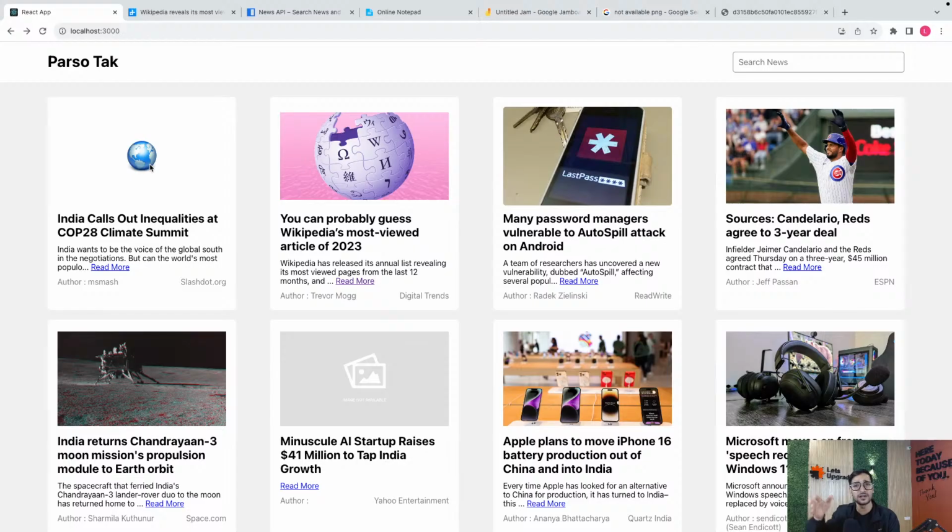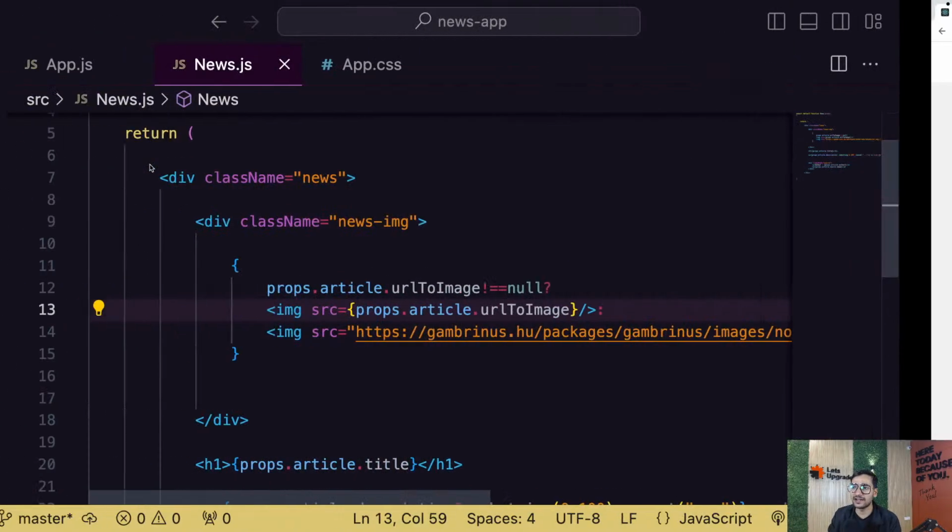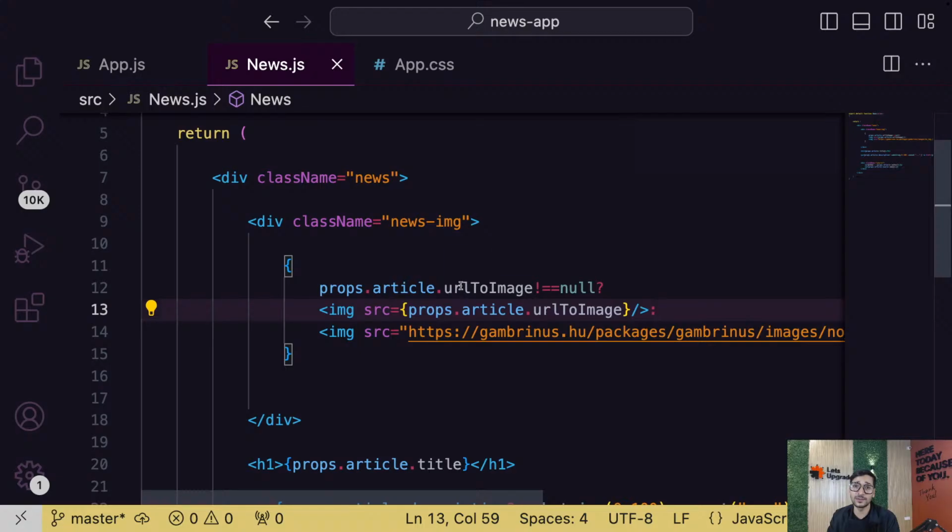You can also put it in a function, I would suggest that way. But for now, I'm saving some time and doing it a little fast. Using a simple if and else, you can solve it. If the URL to image is available, then go with that. Otherwise, simply go with that logic. But again, that background logic was good. I thought of that randomly, but I forgot about the PNG case. I didn't consider PNG at that time, so that was my bad. Other than that, guys, now I think it's almost done.